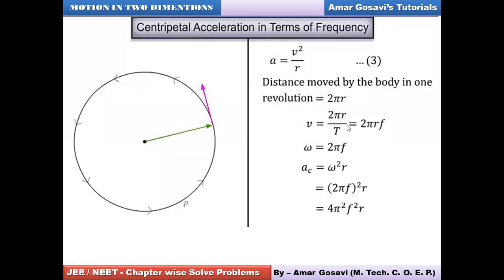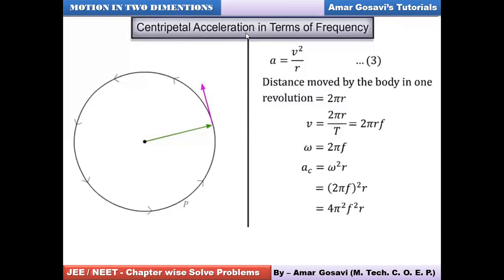So omega in this case, see, we had the equation v is equal to r omega. So we have v, we have r. If we compare, what is omega being represented? Just put v below v, r below r, and what remains is 2 pi f. So this 2 pi f is nothing but omega. So angular velocity can also be given equal to 2 pi f. This is how you interpret it. So from here onwards, the equation for angular velocity will be 2 pi f, where f stands for frequency, friends. This is how you are supposed to interpret the equations.